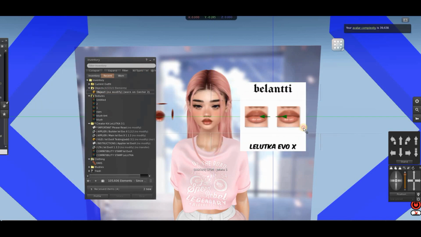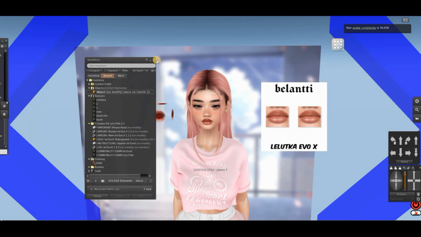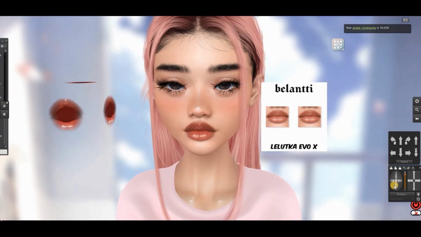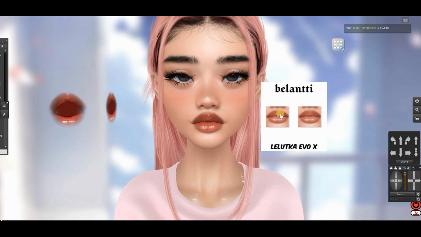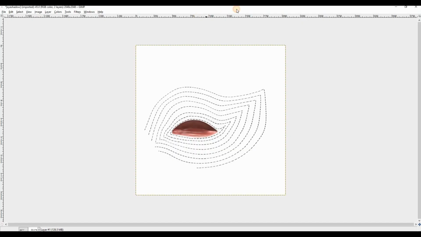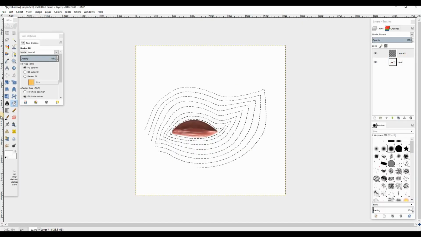You can also add it and move it to the side. Some people don't know it, so okay. Now let's test it. Then we have all cute lips. They're really cute. Okay, then for the eyeshadow, so I added a white background and put it underneath this and